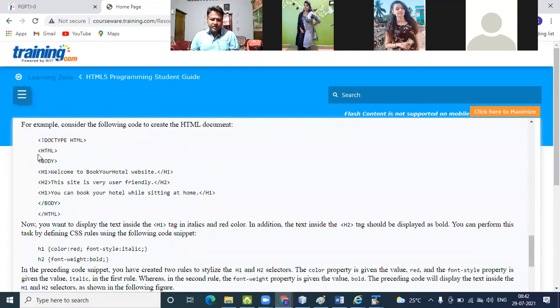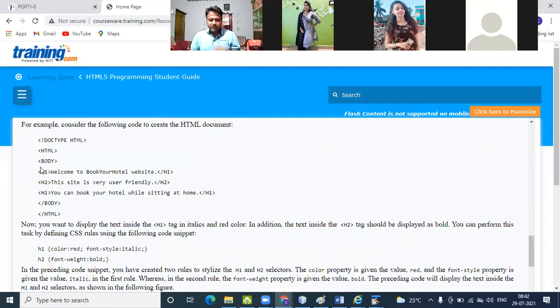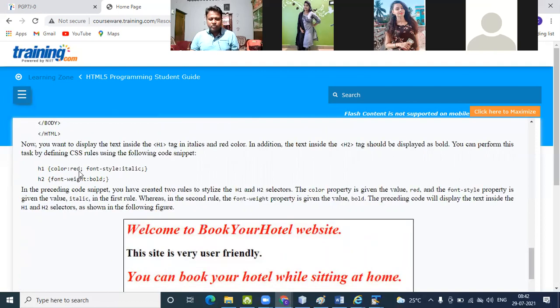Like in a simple HTML page, there are h1, h2 tags, then again h1. Many times I use the h1, so every time the h1 color is red and the font style is italic.